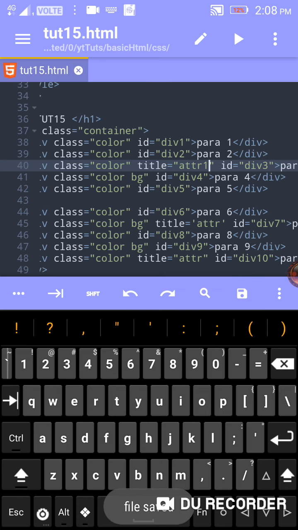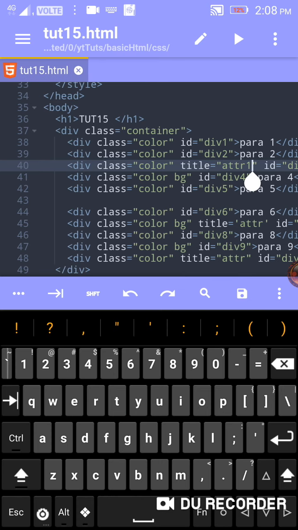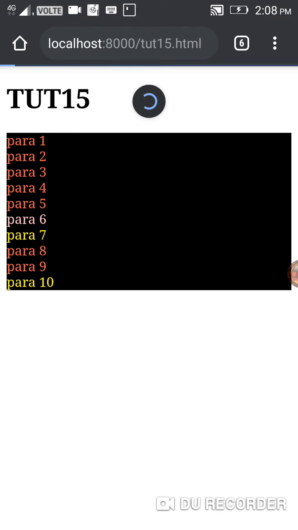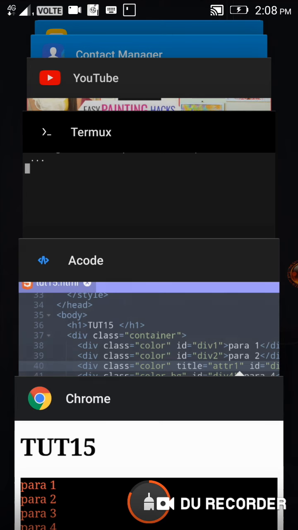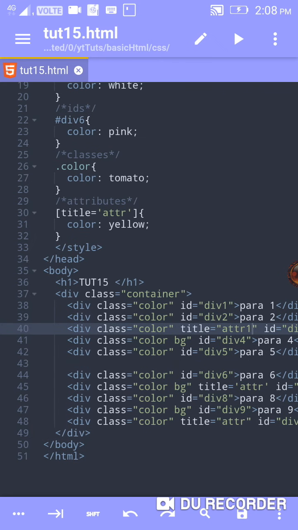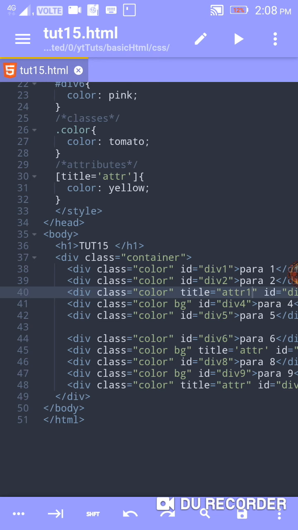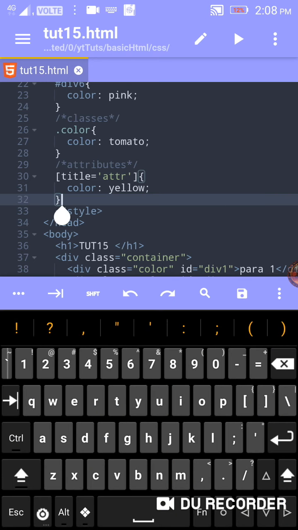Just we have made attr1. Is it going to affect? I think it is not going to affect, because we have added a condition here: if title is equal to attr, make that element color yellow. Now we talk about